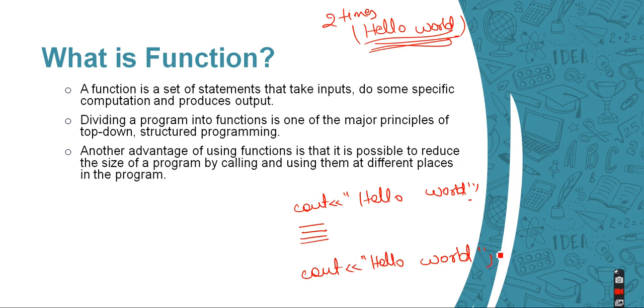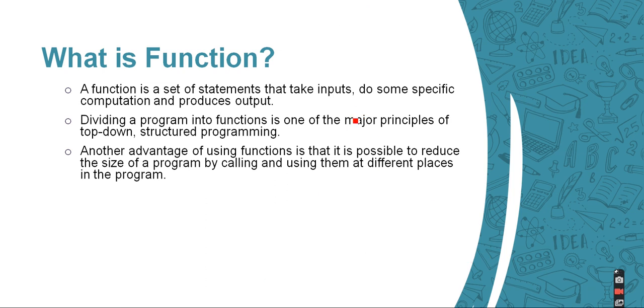So whatever the time and wherever we want to print this, I need to write the code again and again, right? So instead of writing that code again and again, what I can do is create a separate function for this and call it again and again. So I will simply create a void, and what is void I will explain later. So void print h. Let's suppose I have created just a simple function with cout hello world.